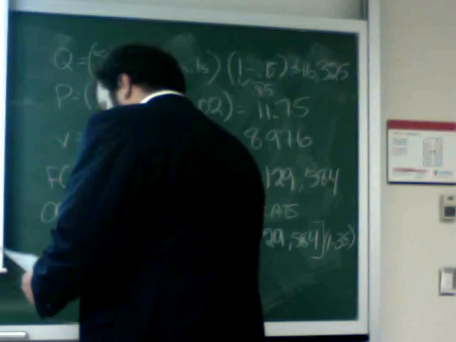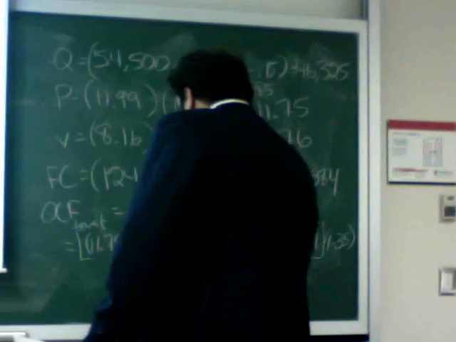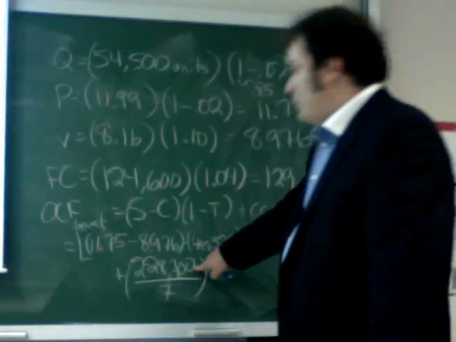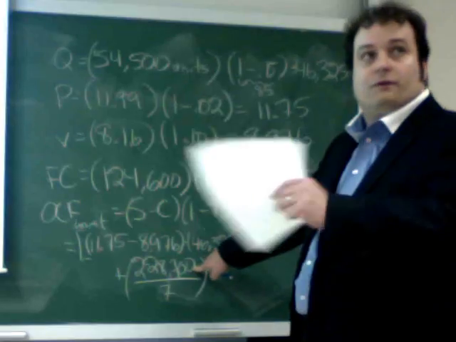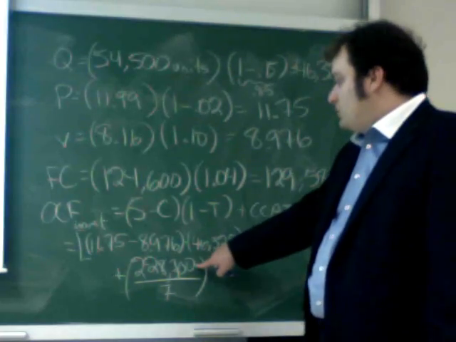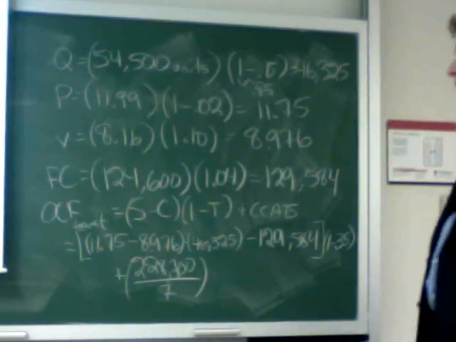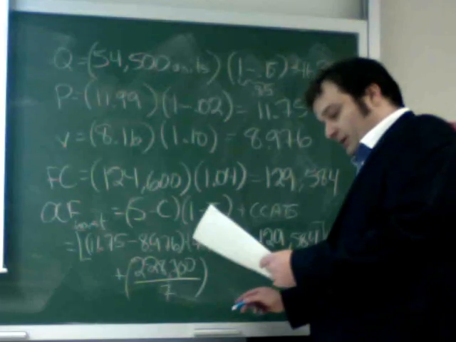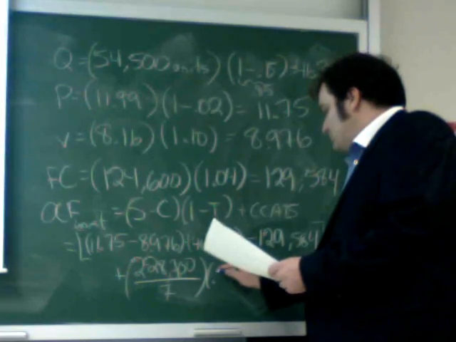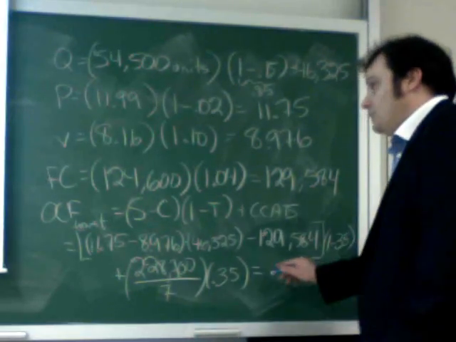So the depreciation is 228,700. It's straight line over 7 years. So 228,700 is the depreciation over the whole life of the asset or the investment. And so 228,700 divided by 7 is what the straight line depreciation per year is. And then the tax rate is... and so the final answer